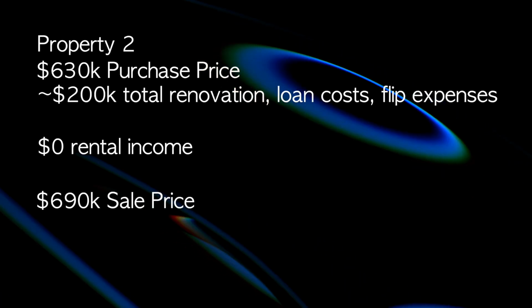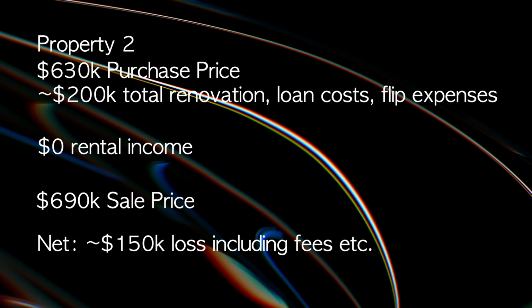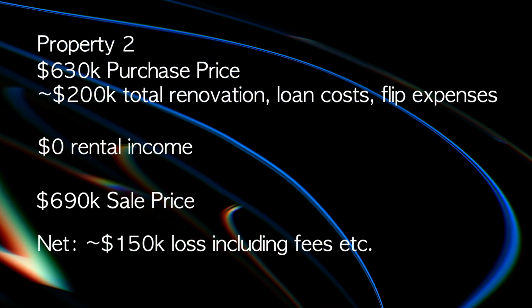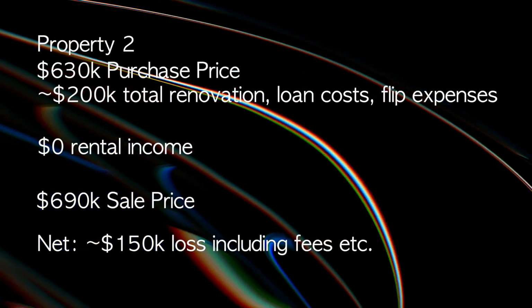So the sale price was $690,000. So you'd think that, well, I bought it for $630,000, sold it for $690,000. That's $60K in margin. But even if that were the case, if you pay short-term capital gains on that, you would make almost nothing after all the fees you'd have to pay to your realtor and the closing costs on both ends. Not to mention that I spent about $200,000 on renovations and all other things that went along with the property to deal with, and so the net loss